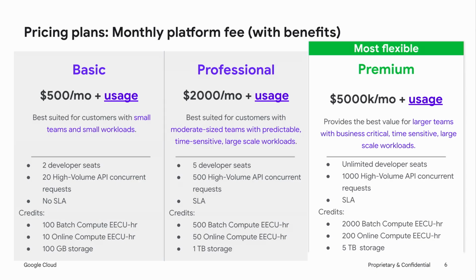Really, for a lot of our beginning companies that are using it, Basic is a pretty good place to start. These are month-to-month contracts, so you don't have to worry about being stuck in a premium or professional. You can move with 30 days notice into the right package that fits your needs. Professional, we find, is really kind of the sweet spot for the medium-size groups that are using Earth Engine: 5